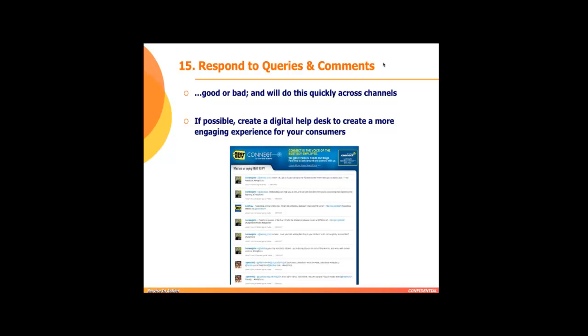You've got to build up your feedback by responding to queries and comments. You'll get good feedback, you'll get average feedback, and you might get some bad feedback as well. But the thing is to acknowledge it and respond to it quickly. And if it's possible, designate someone on your team, or perhaps distribute that email across to a group of people so the first person who gets it can respond to that comment, but then have a protocol in place that if someone has responded to it, let that person send an email out to the rest of the group that was copied that, look, I took care of this question,